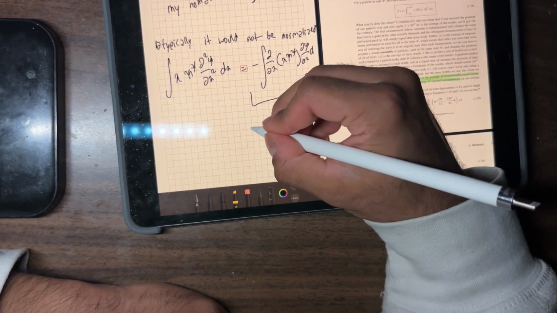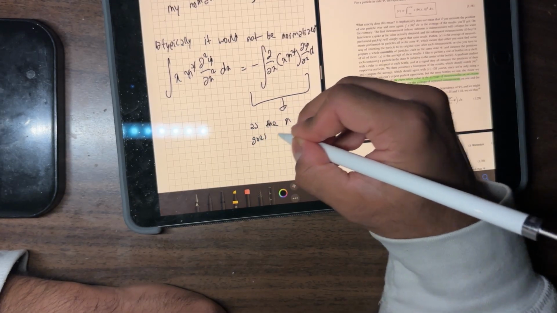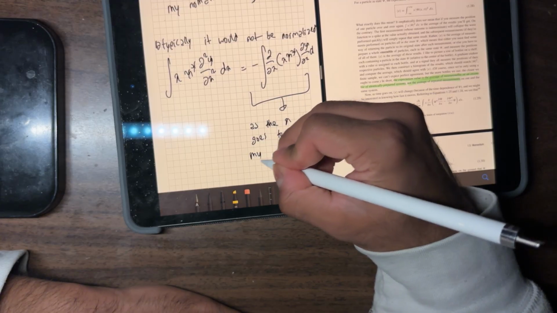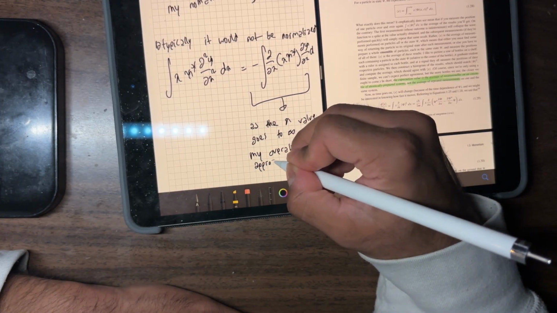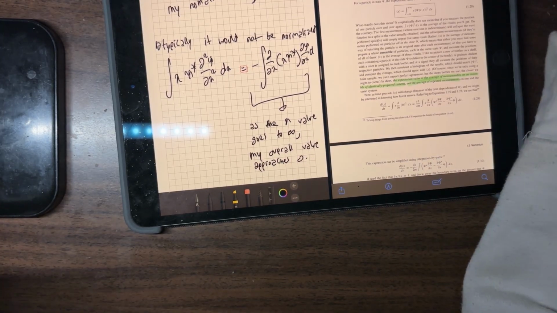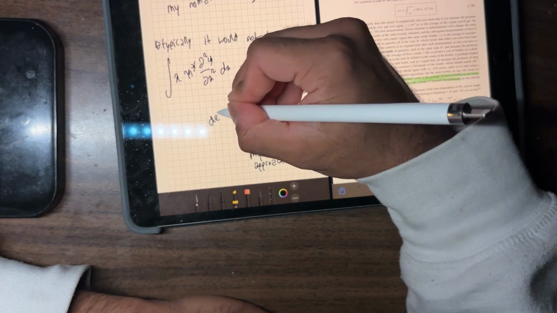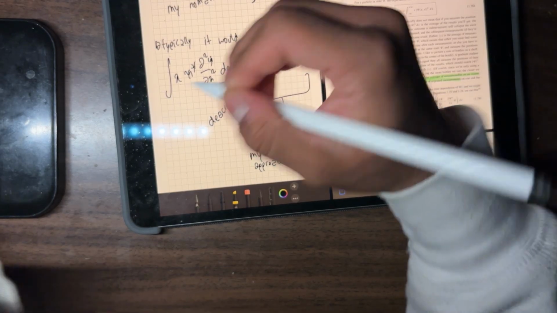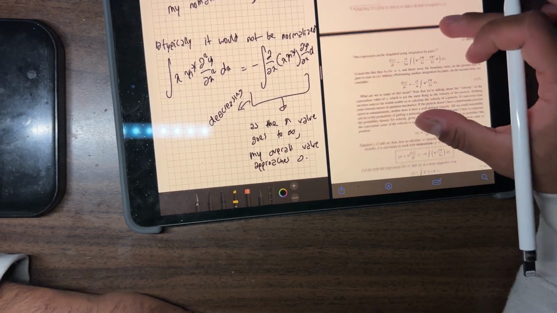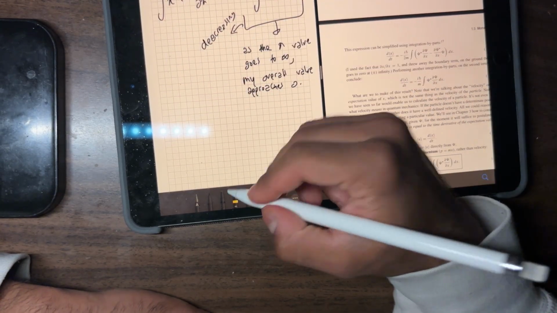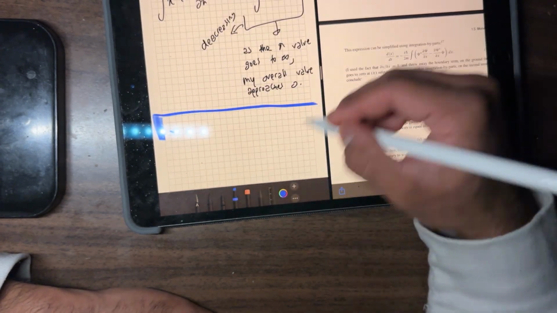Because as the x value goes to infinity, my overall value approaches 0. And because it is decreasing, by the integration by parts, then I can show that